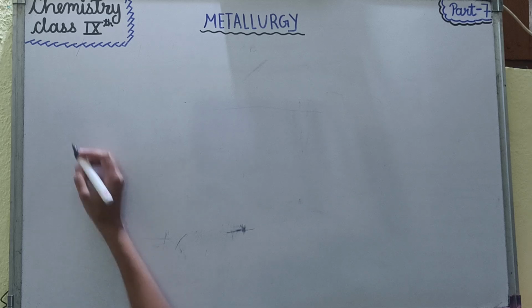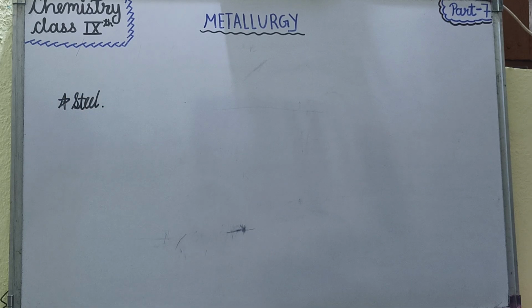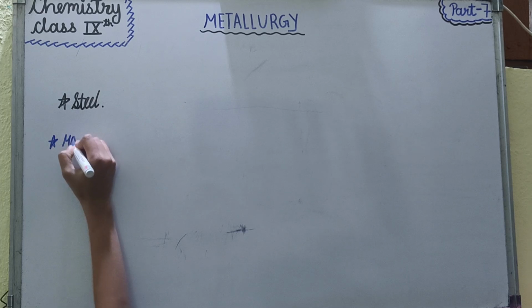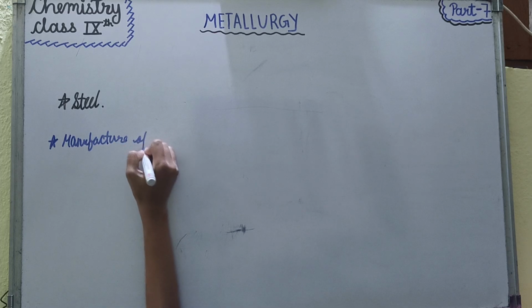And next, an important topic is steel. Steel is intermediate between cast iron and wrought iron. It contains carbon content of about 0.1 to 1.5 percent. Hardness of steel increases with increase in carbon content. The main topic is manufacture of steel